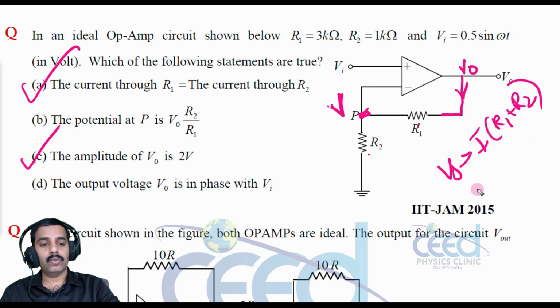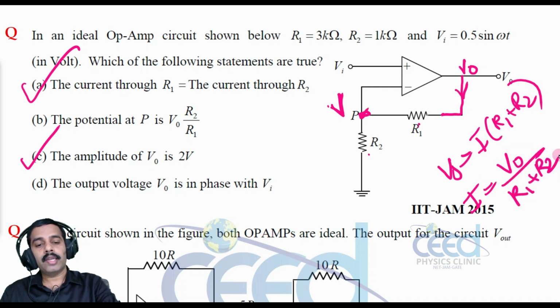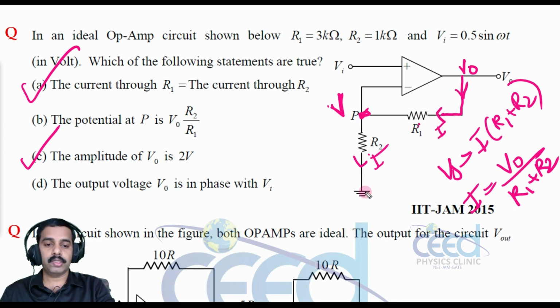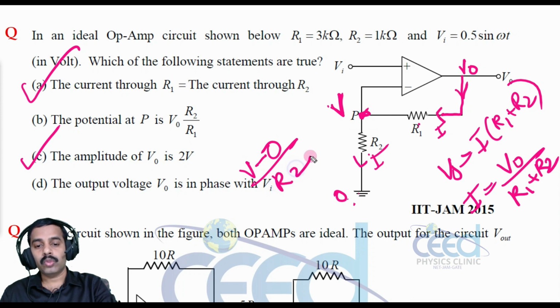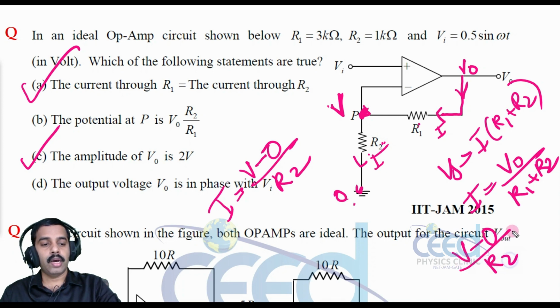So I is equal to V0 divided by R1 plus R2. Now let me write, this is my I. This I is coming through this and finally goes through this path, right? Now what is I? Here the 0 potential. So let me take the high potential at this point. So V minus 0 divided by R2 is equal to I. The potential difference between this point and this point divided by resistance is equal to I. So let me substitute that value here. V minus 0 divided by R2 is equal to V0 by R1 plus R2, right?